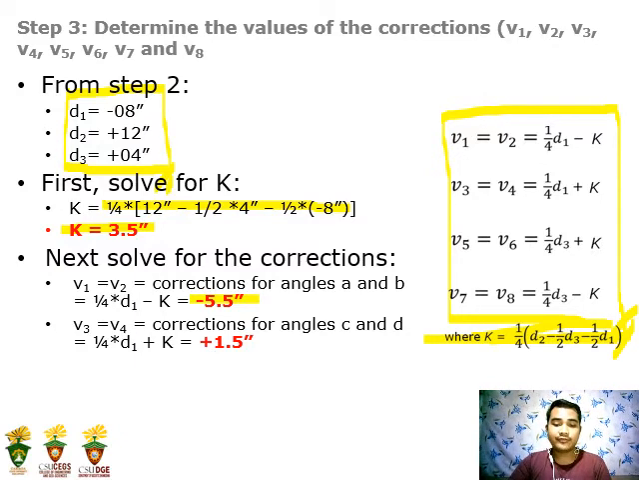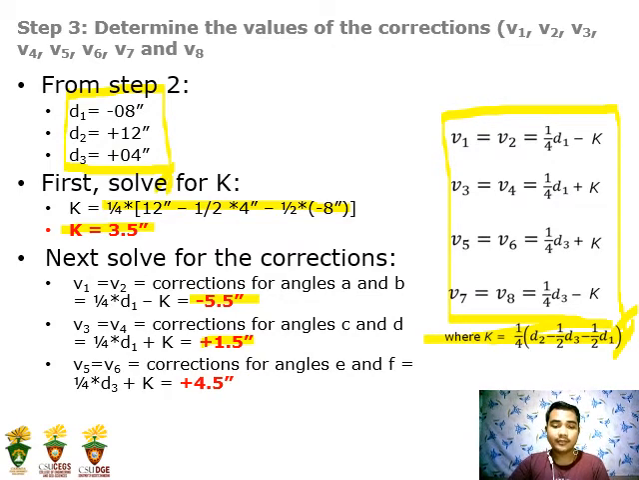So this is the correction for angles C and D, no? Okay, v1 and v2 are for A and B, no? So v1 is for A, v2 is for B, v3 is for C, and v4 is for D, no? Substituting the value, and from the equation, which is 1/4 times d1 plus k, we have the value of 1.5